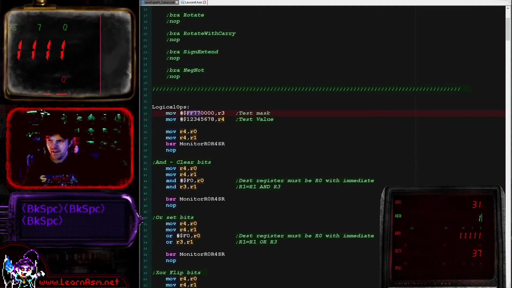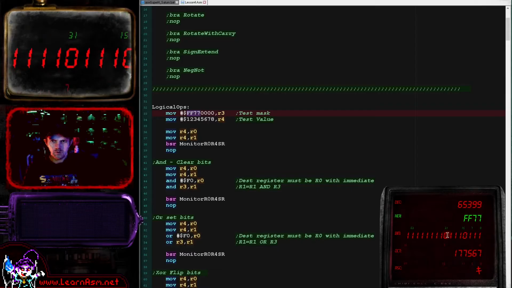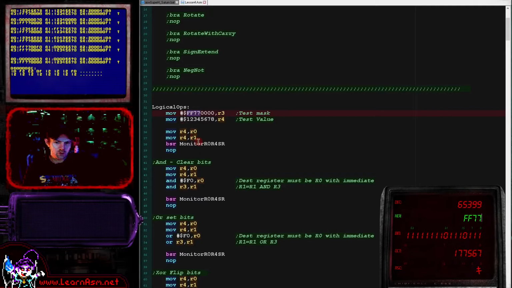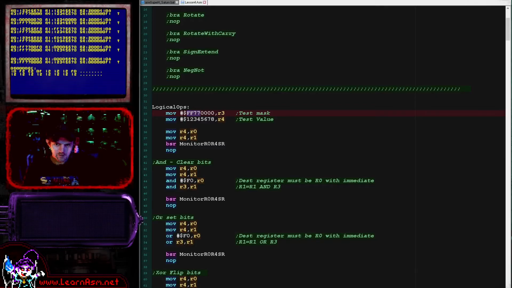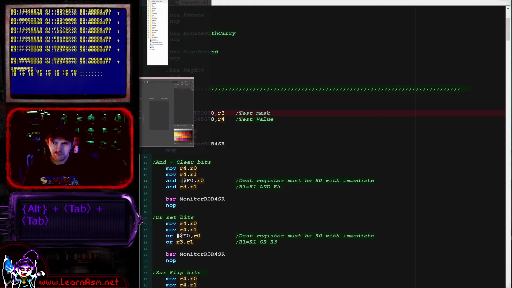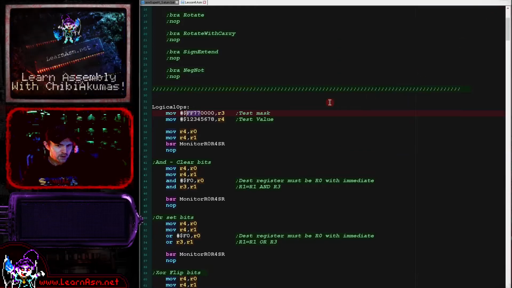And then if we do the value FF77, you can see actually only 2 of the bits in here would have been cleared by this AND operation, and those bits were not set in the original value, so that part of the original value has been retained. But if we changed this test example to a different value, obviously we would get a different result. So if I change this from FF77 to FF11 and I run this again,